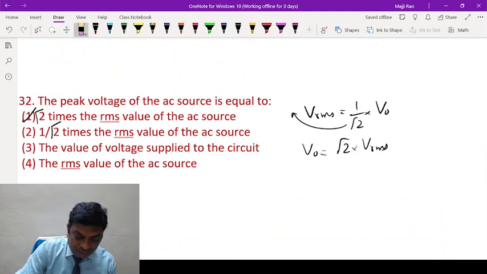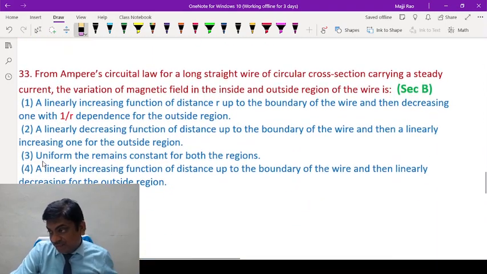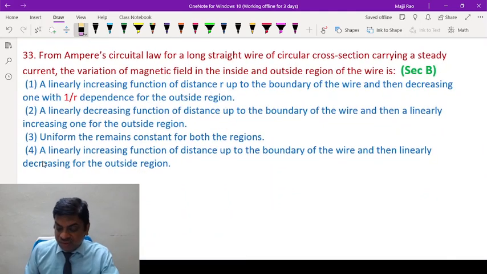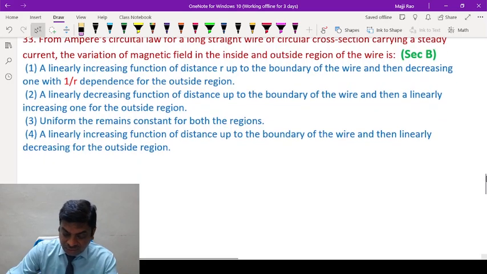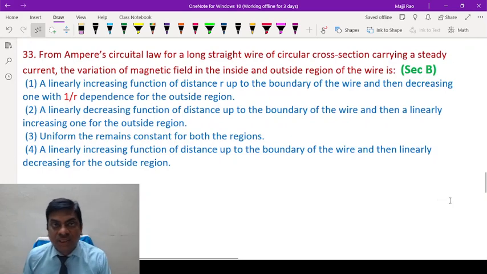I'm sorry, the peak voltage is this much, correct. Moving to the next question. From Ampere's circuit law for a long straight wire of circular cross section carrying a steady current, the variation of magnetic field in the inside and outside region. Now, if you know the applications of Ampere's circuit law, you will find this one of the applications of Ampere's